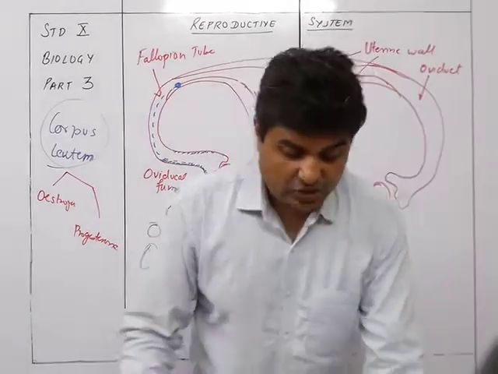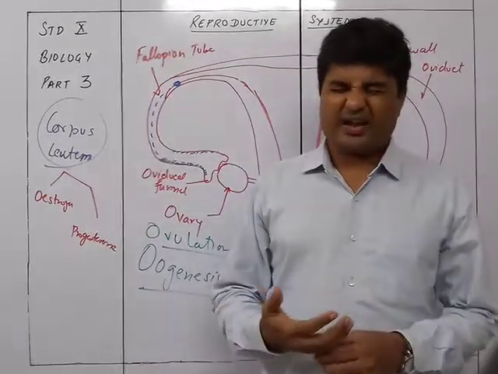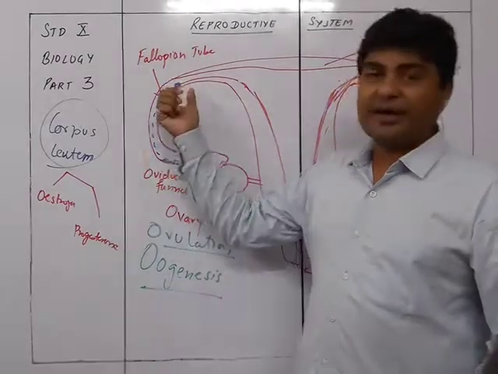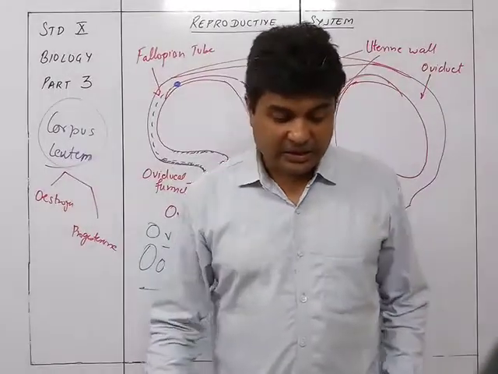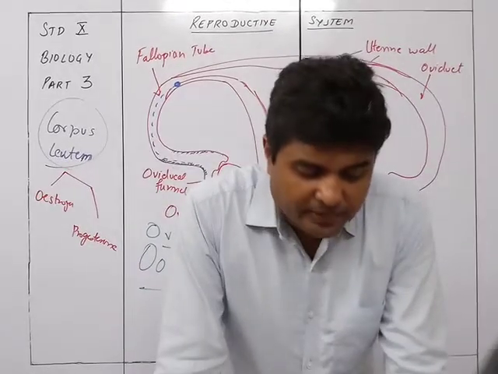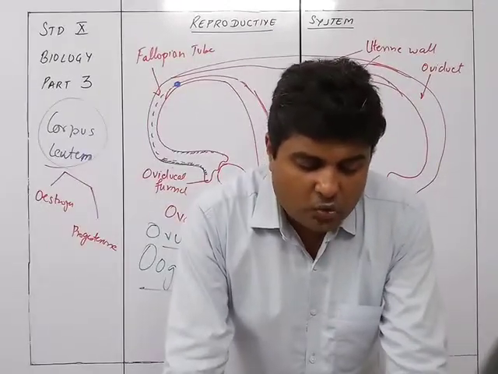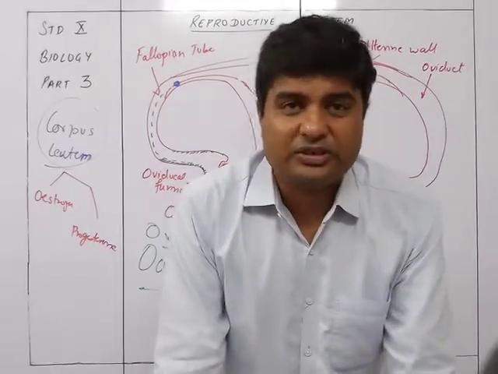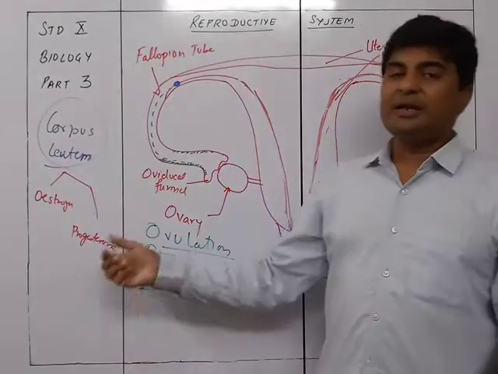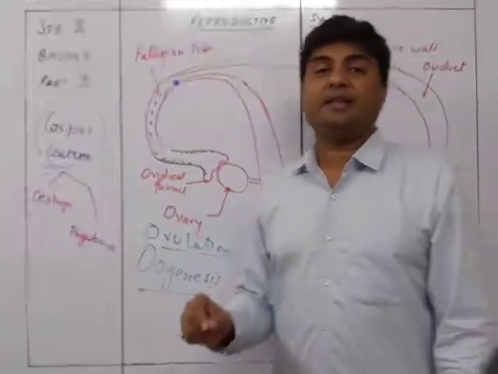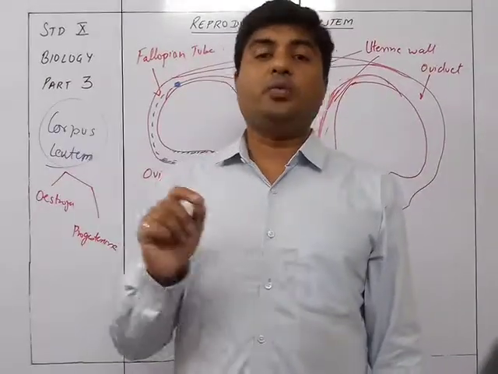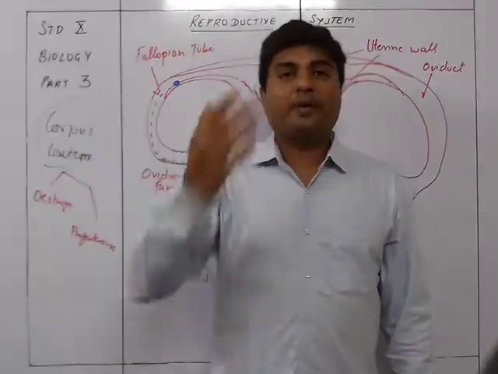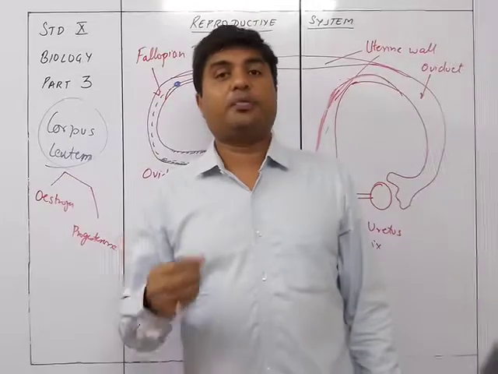So progesterone is going to keep on being released. Sorry, I said it is not going to be released. Because if it is fertilized, then progesterone will start getting released. So the corpus luteum continues to release progesterone to keep the uterus in a state suitable for implantation. Till the time progesterone is present in the blood, the uterine walls are not going to shred. That can also be a test for pregnancy, the presence of progesterone in the blood.